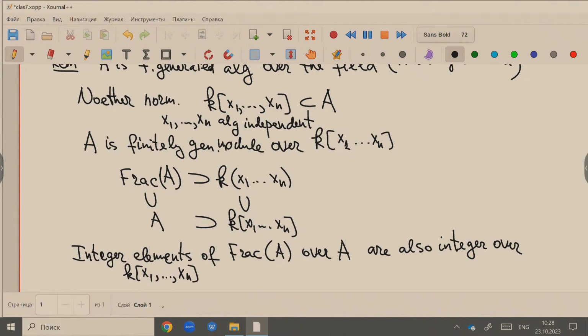This is because all elements of A are integral over K of x1, ..., xn. You have the criterion of integrality. So this implies that